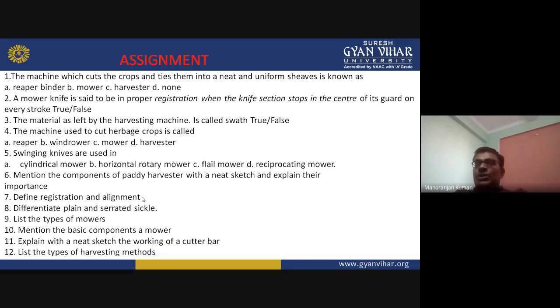Mention the basic components of a mower. 11th question, explain with a neat sketch the working of a cutter bar. We have seen all this. List the types of harvesting method. So first you go through this slide, and after that you solve these questions.